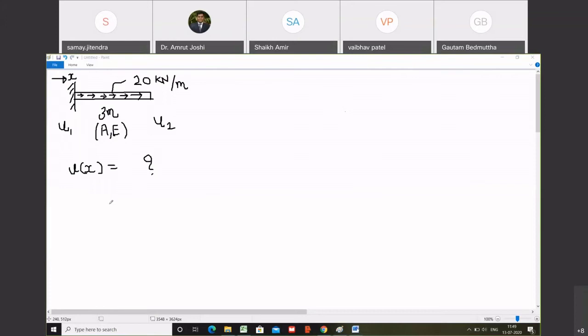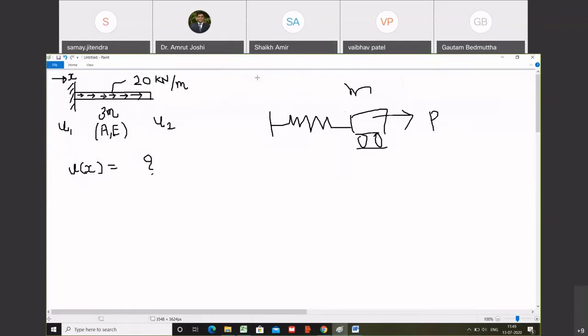Last class we discussed the principle of minimization of potential energy. We are now going to build on that. Now, instead of a spring, if you remember correctly, in the last class we had taken an example something like this. This was a spring and there was a body of mass m attached to it and it was pulled under force P. Do you remember this example that we solved?